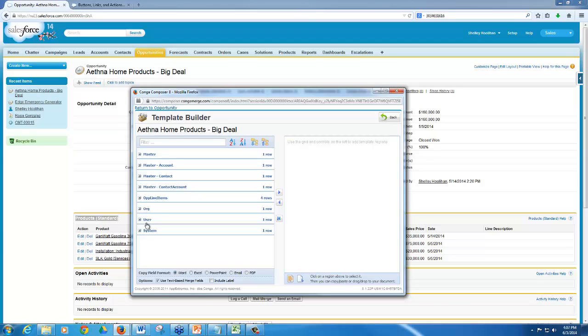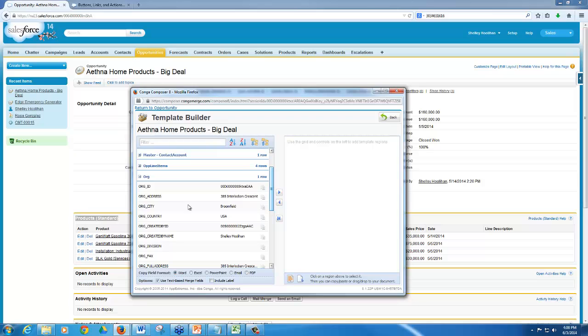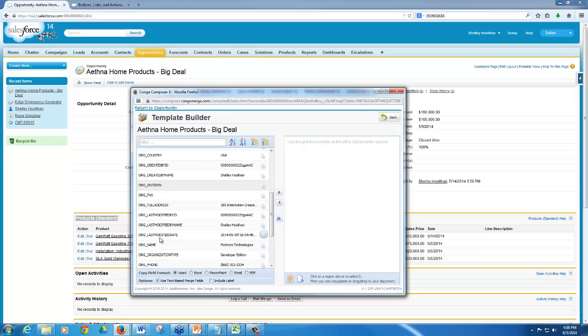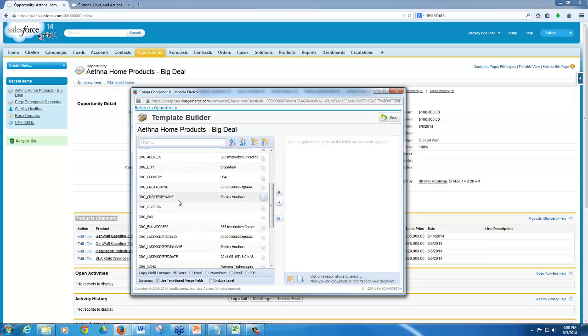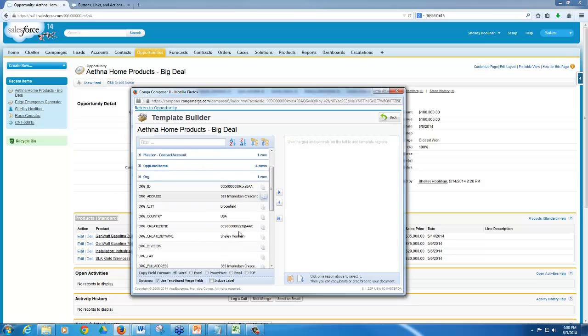Okay, and then org, user, and system are the other 3 data sets that you should always see regardless of what object you're running Conga on. So master, org, user, system, you can think of them as your default data sets. Those are the ones Conga always gives to you. So master we talked about. Org is going to be organization or information about your company. So you can see I have address. If I get down here, I have the org name. I have this dummy org called Flatirons Technologies, the phone number, etc. All of this is pulled from your company profile, company information in Salesforce setup. So if you ever see something that's incorrect or needs to be updated, that's where you'd want to go